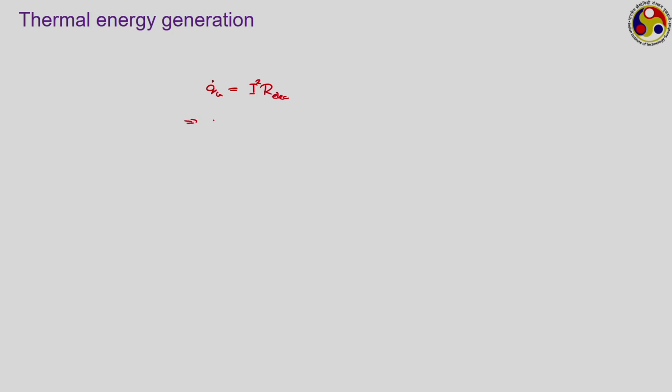This is the total amount of energy, or rate of energy generation, present in your system. If we want to know the volumetric energy generation, then this rate needs to be divided by the volume of the system. That is, the volumetric energy generation will be I square R electric, that is electrical resistance, divided by the volume of the electrical resistor that we are considering. This is the most primary kind of system that you can identify with energy generation, apart from nuclear materials, which have very limited applicability, only in certain special systems.